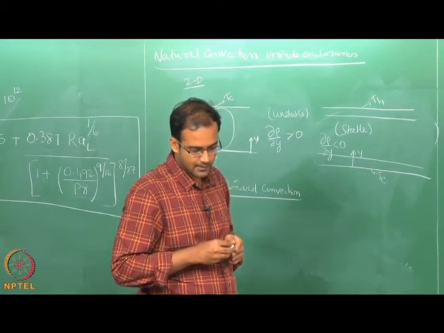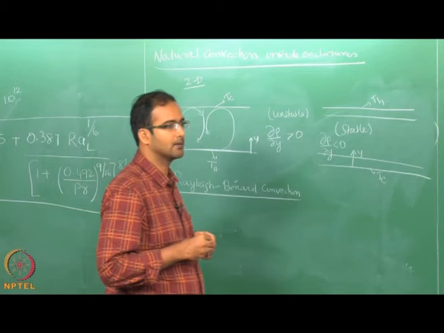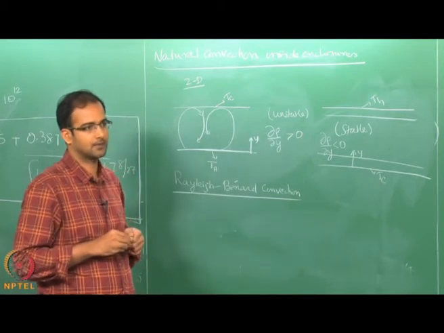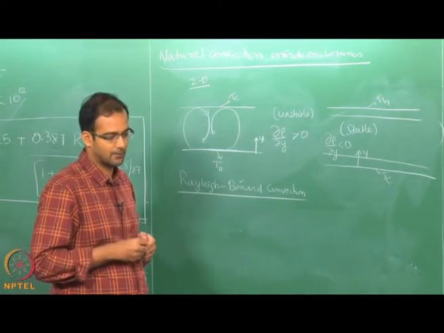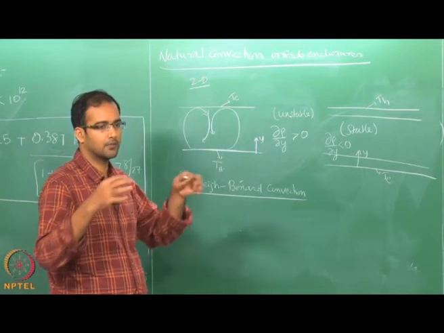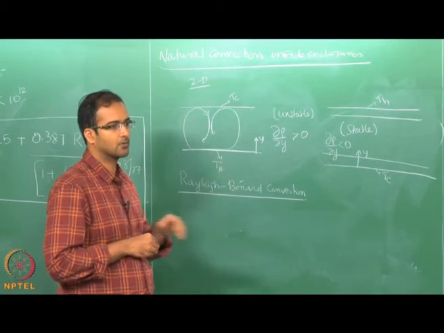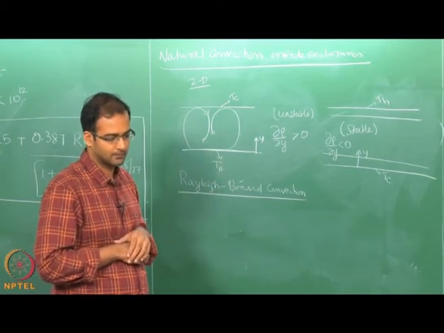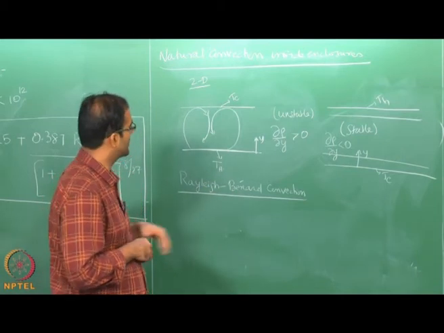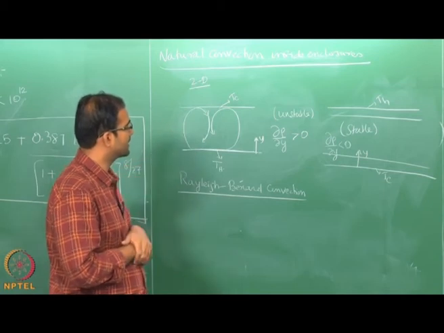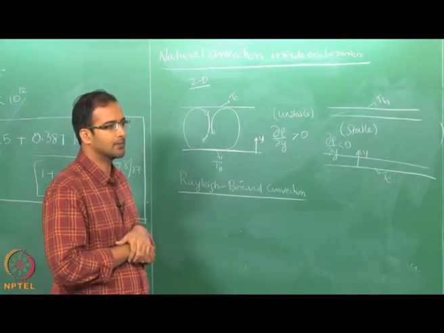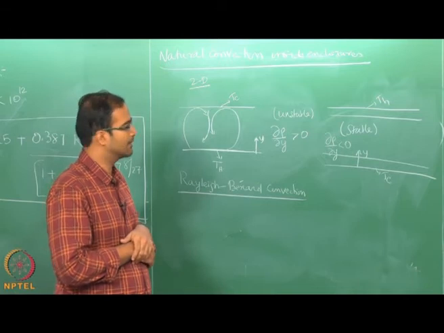So, these are usually predicted by numerical methods. You have to solve the entire set of Navier-Stokes equations with the Boussinesq approximation and you will be able to capture this kind of convection rolls. So, I will not have a very detailed discussion on this, these are topics beyond the regular classroom thing, but